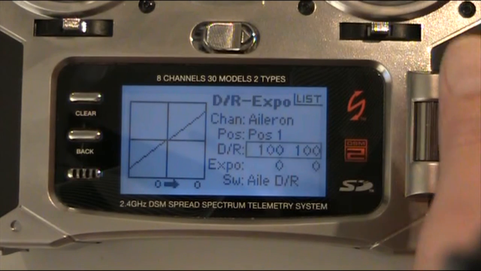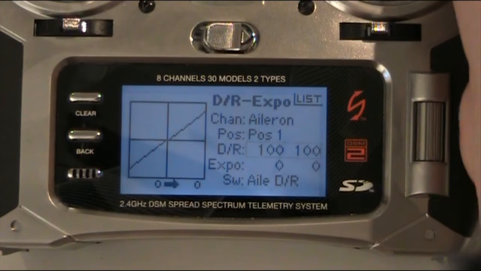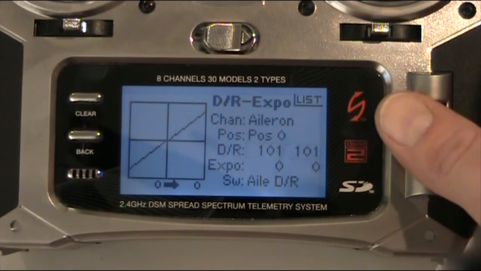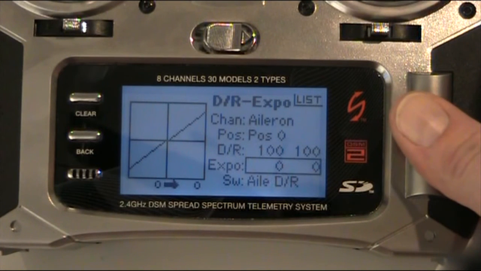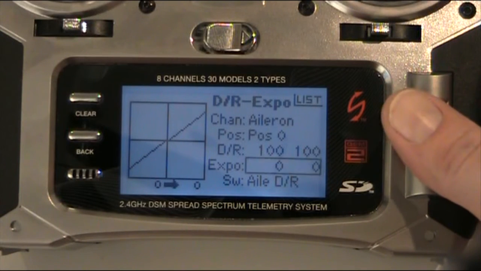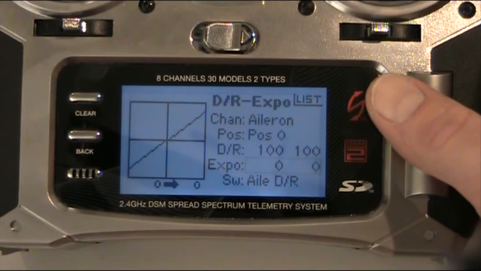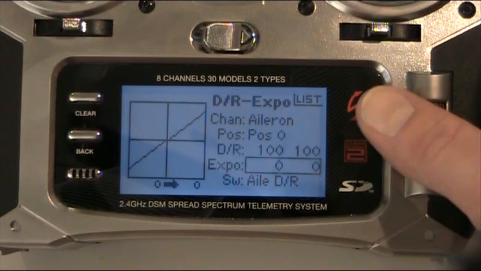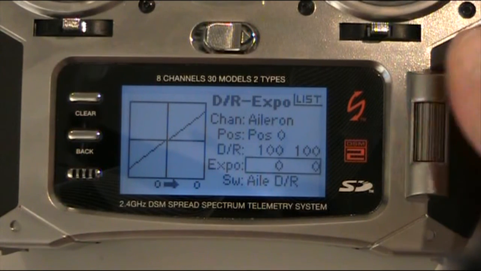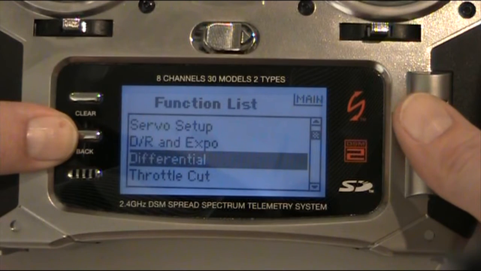So this is how you set up the dual rate, and also the same on the exponential, which is here. And you also see that it tells you which switches it is. It says SW aileron dual rates. Okay, done with the dual rates, and we'll go back, and we have differentials,